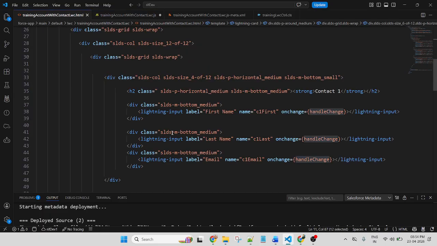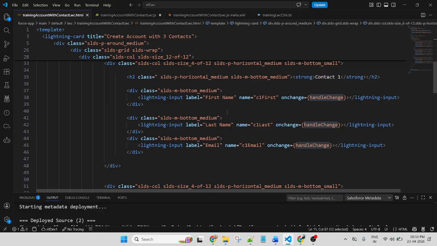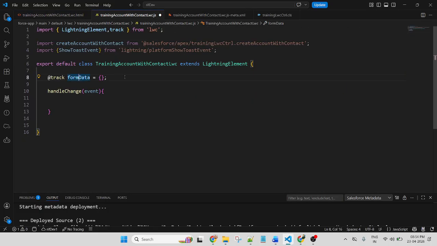Not using so many variables, because if you are inserting only one form, you can use multiple variables: first name, last name, email. But if you are inserting multiple forms, multiple inputs, the best approach is to create an object and put all of the input values inside the object.